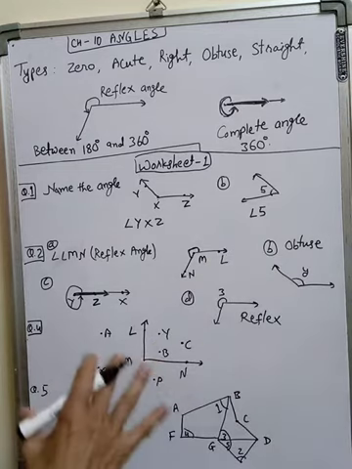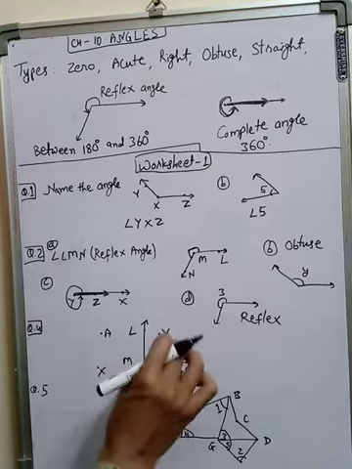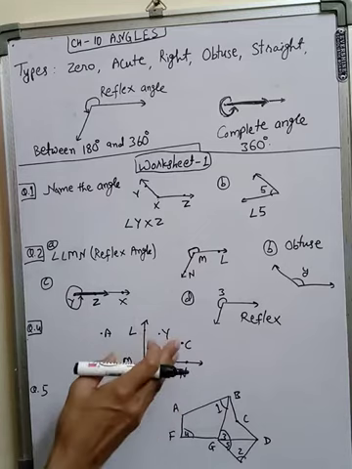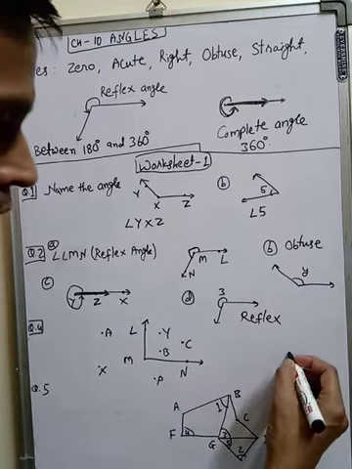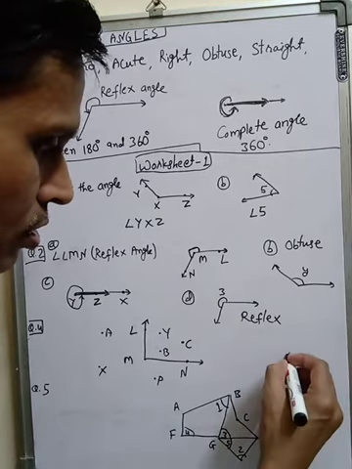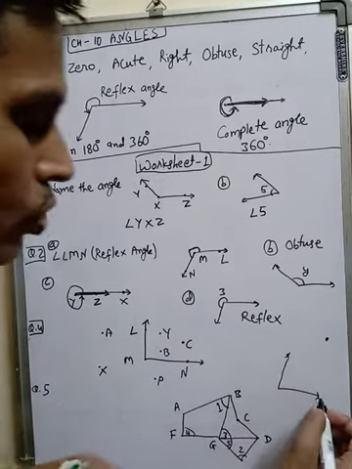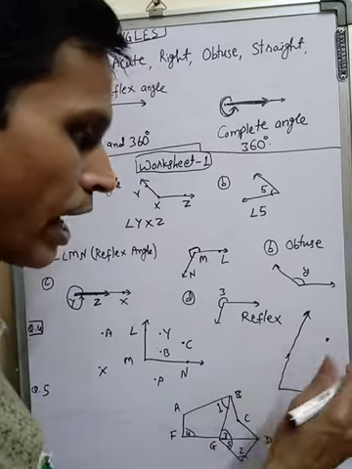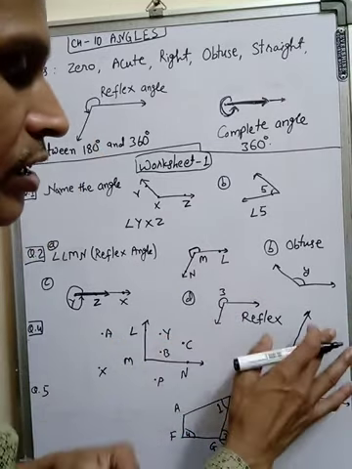Now, interior point and exterior point. The points which are inside the angle. जो एंगल के अंदर में रहेगा that is interior point, और जो एंगल के बाहर रहेगा that will be exterior. For example, this. So we will extend this ray, and when we extend the ray and see it is coming inside, then this is interior.